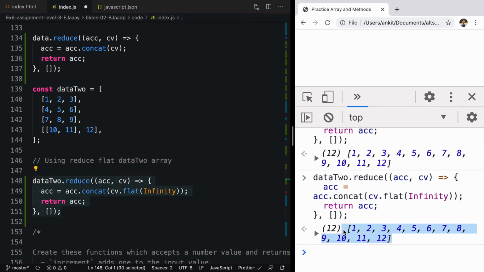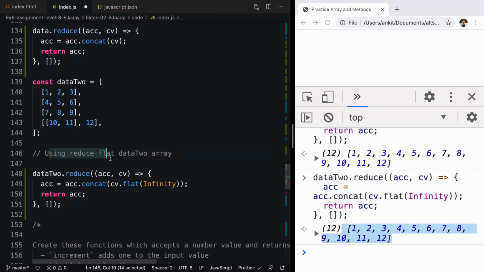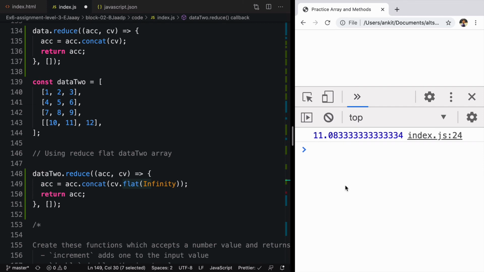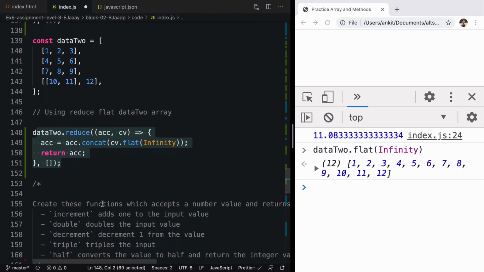We can see the output is the same. You can use other methods also, but you will have to check again and again whether an element is an array, and that will become a bit complicated. So you have to use reduce, but you can also use flat inside reduce. You can do the same thing by doing this. That's not the point. The point is to understand and use reduce in multiple different ways.